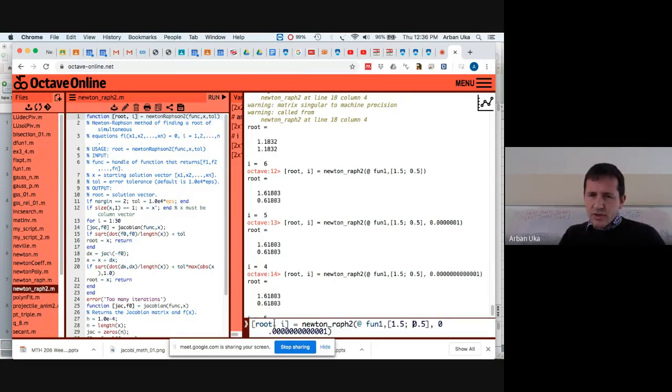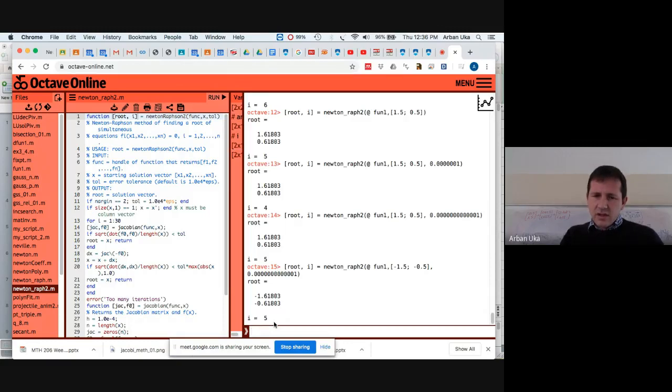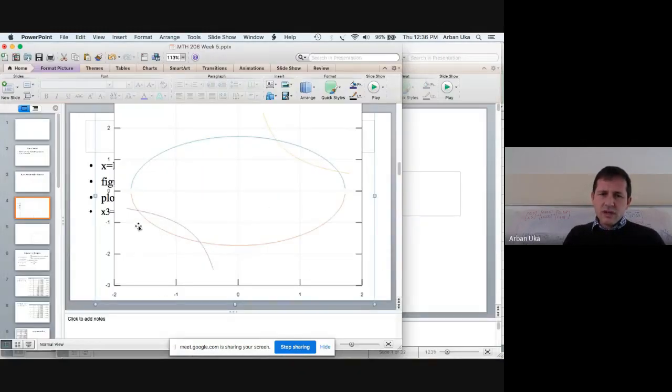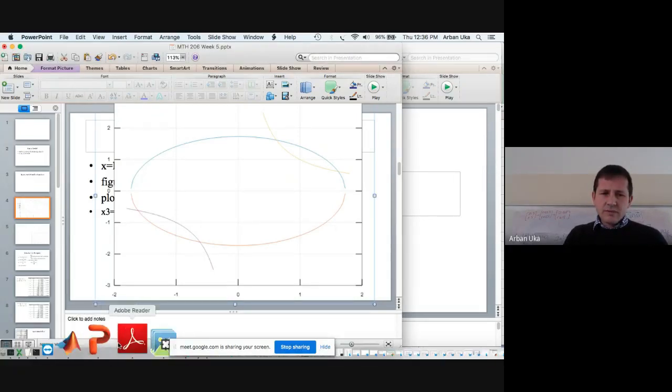By the way, we are also outputting how many steps it takes. So let's make this minus and let's make this other minus. We'll try to find, yeah, we found this other root, which is beyond the 0. Okay, so we are around here, which is okay. Now, let's go back to the